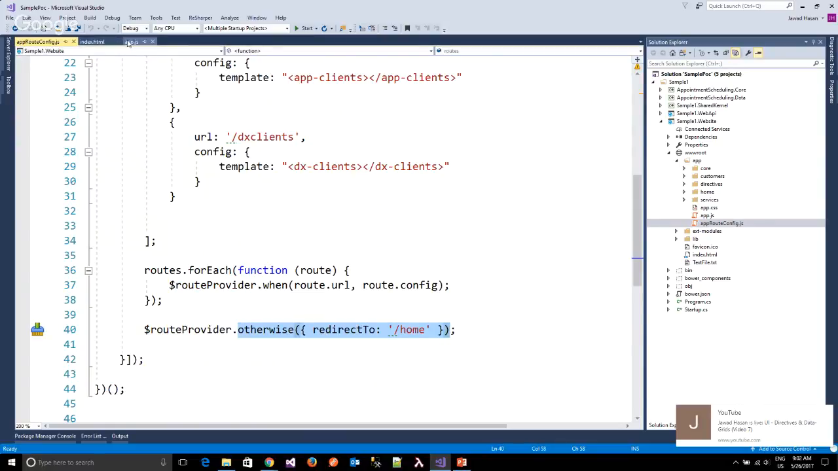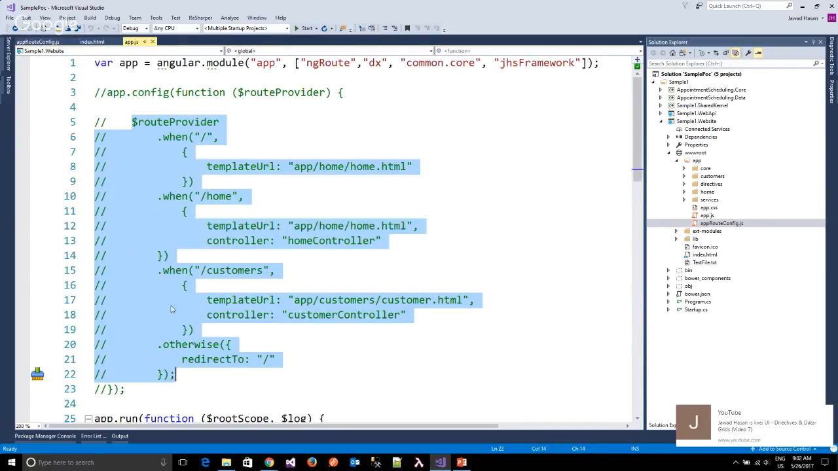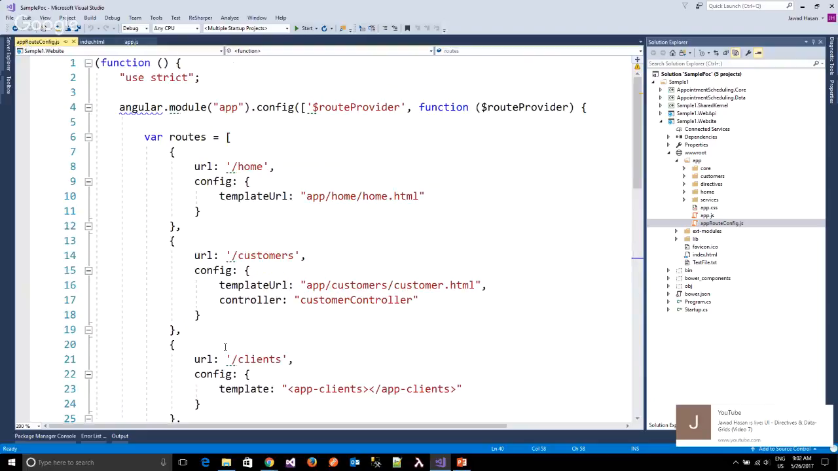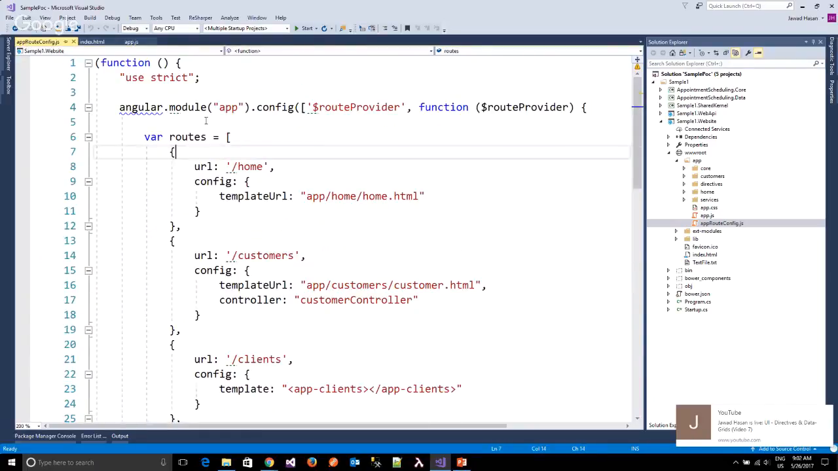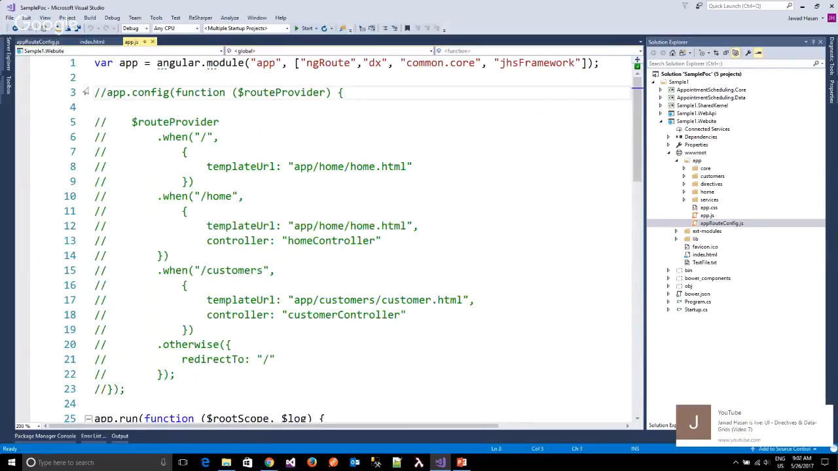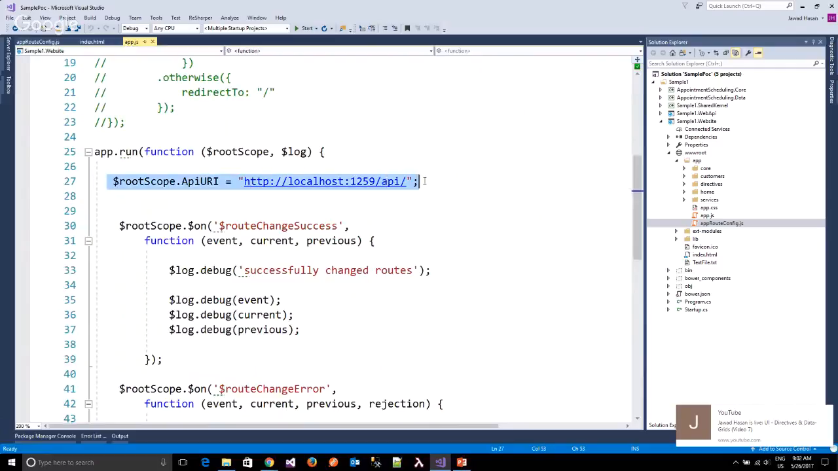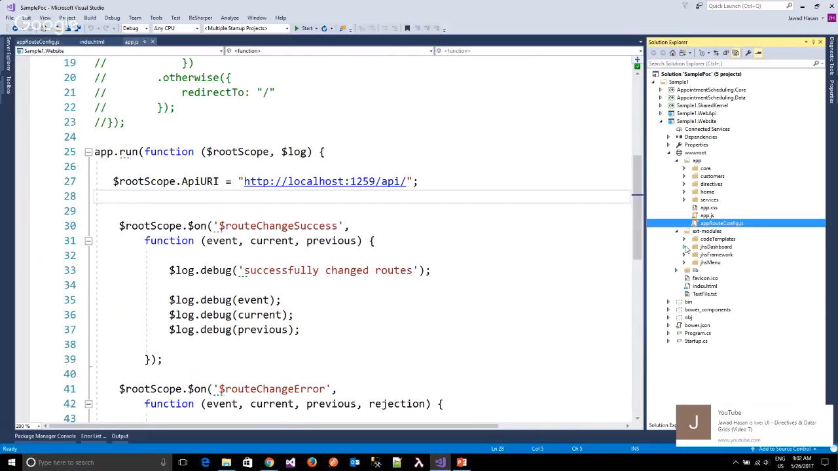So it is actually performing this one in the end. But now it is being done. It will be set up by our events. So we define all the routes here. So this area is no longer needed. We still have this URI endpoint address in our app.run on the root scope. So in the framework, when we capture this event,